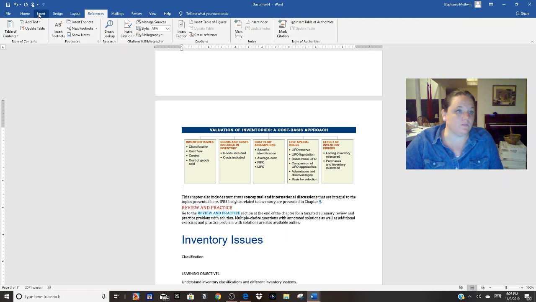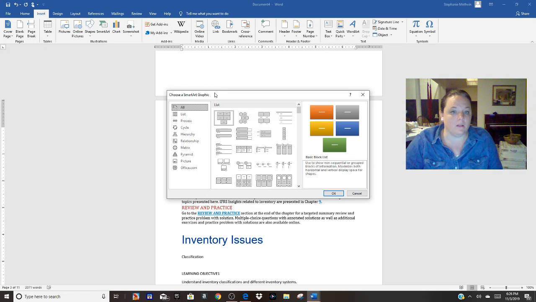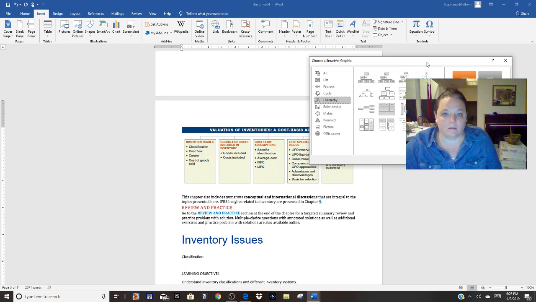So I'm going to go to Insert, SmartArt, Hierarchy. And it looks like this one is going to be the organization chart. Looks like this might actually be the closest one. I could be wrong, but we're going to try it.